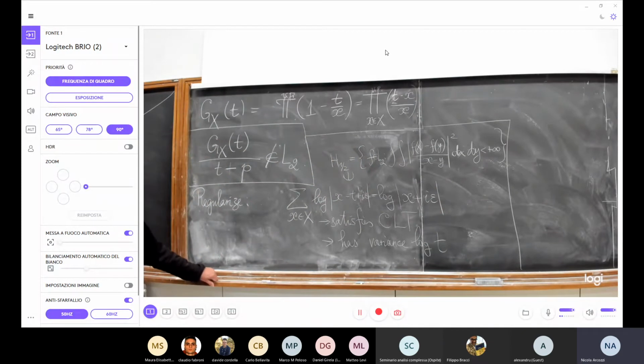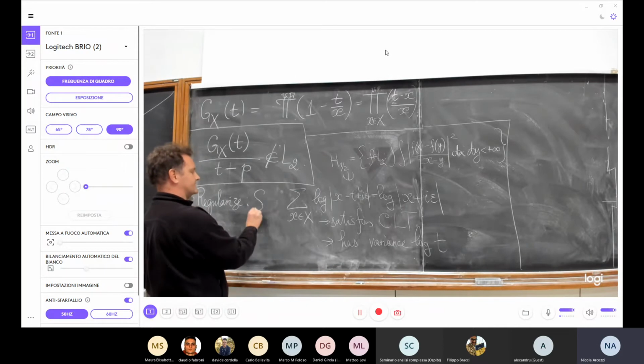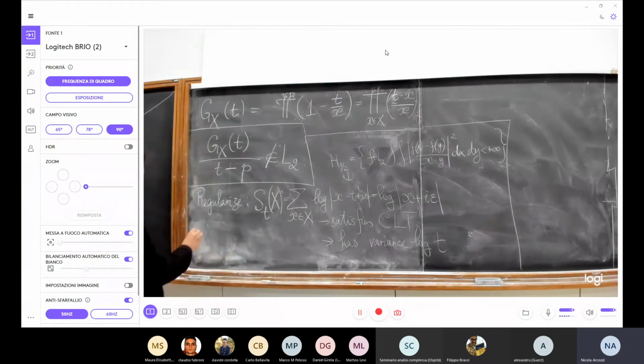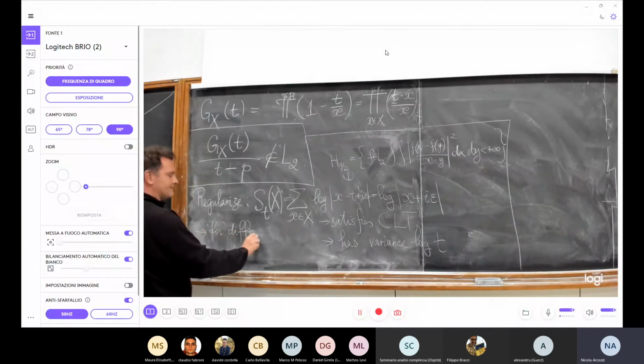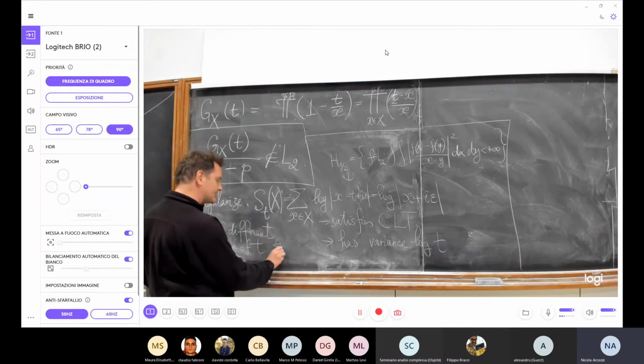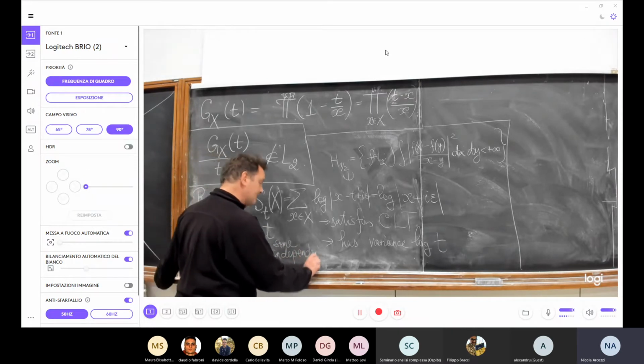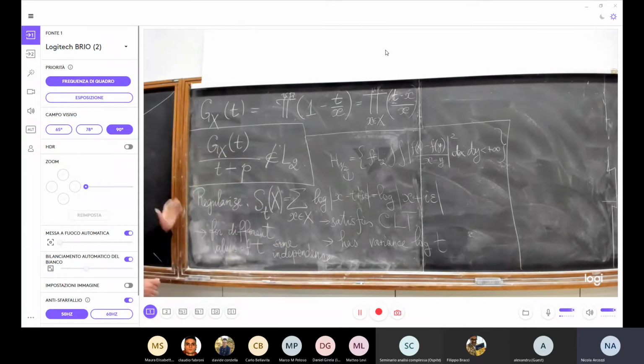So, and moreover, these functions, which let me denote as t of x, for different values of t, there is some independence. This is a tricky technical point, which I don't want to explain in detail because we don't have time, and it requires a certain setup. In fact, let me say just very briefly, they are not independent.